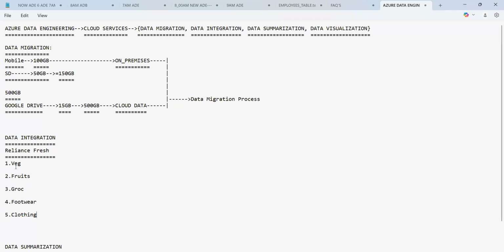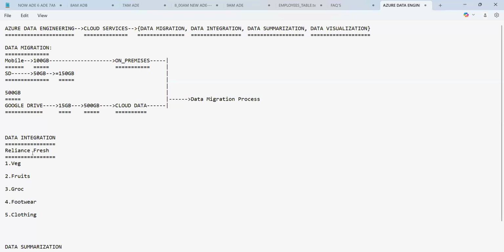Now tell me, all these products, vegetables, fruits, groceries, footwear, clothing, does any of these products get manufactured or cropped or produced by Reliance Fresh or not?